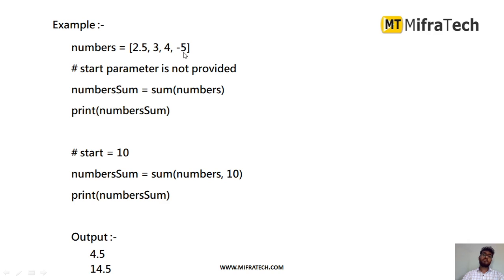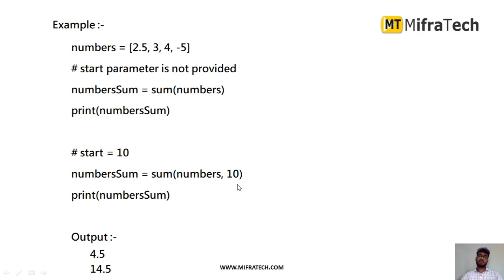I mean 9.5, if I do minus 5, my output will be 4.5. So this is how it will automatically add the sum of any iterable: list, tuple, dictionary, anything. In the same function, we can also mention the start. As I told, here I have taken a sum of numbers, and I have given a start